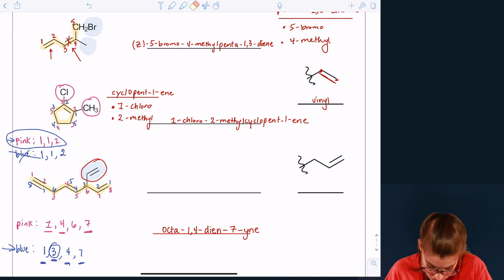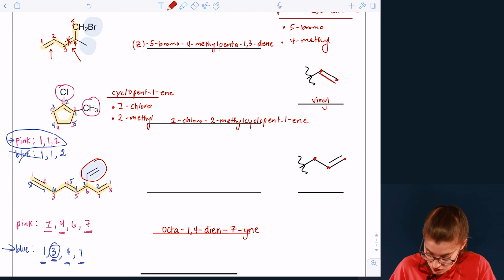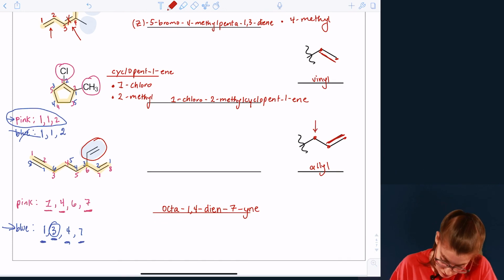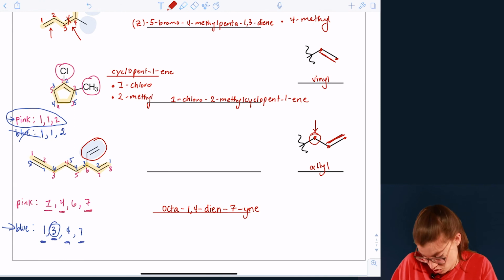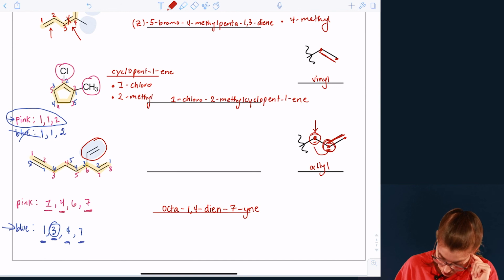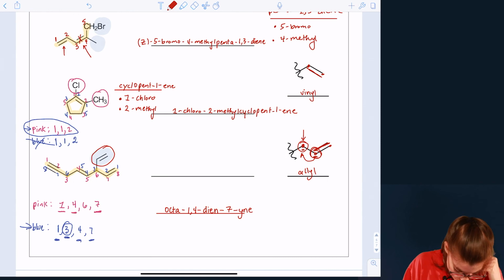If you have 3 carbons like this, and the double bond is in the last position, then it's called an allyl substituent, okay? And that's because this carbon is what we call the allylic position, which is any carbon that is 1 carbon away from a double bond. Okay, so here's a double bonded carbon and it's 1 away. So,